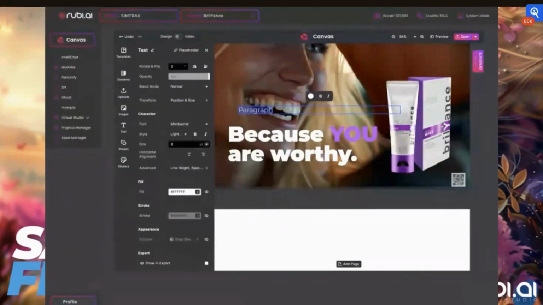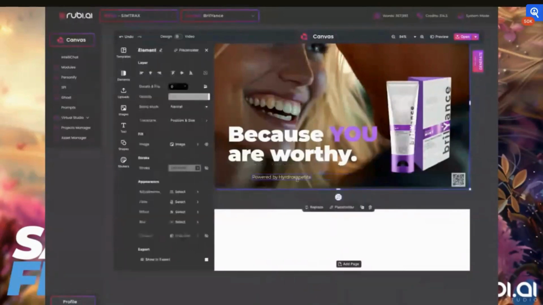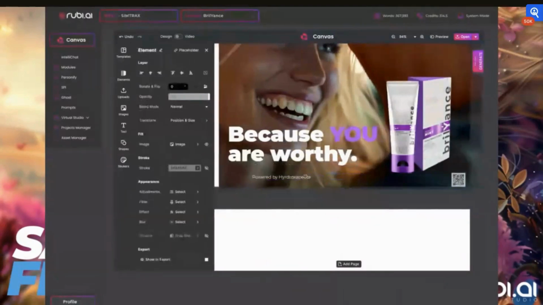And I'm going to put in here what's special about it. Well, the first thing is it is powered by hydroxy. Okay, so I have that. I want to put this down here maybe. It still looks really big, so maybe I'll go down a little bit smaller. And I can drag this in and clear it that way, but there's also another way if you don't know how to do that. If I hit the line, height, and weight, frame behavior sucks it right up into the size of the object, okay? So I have that sitting